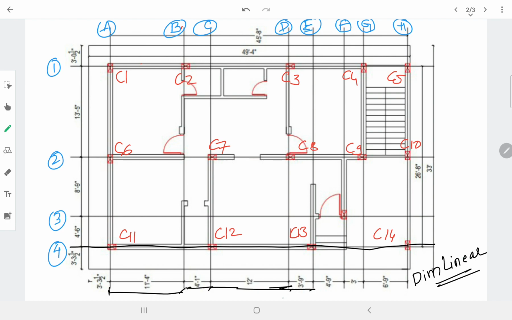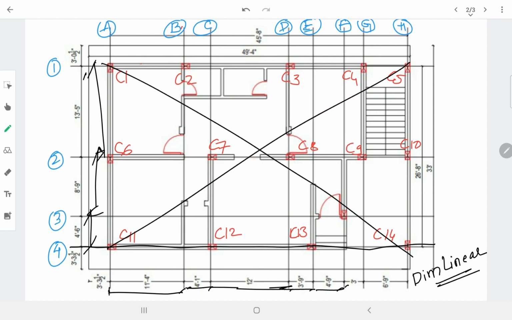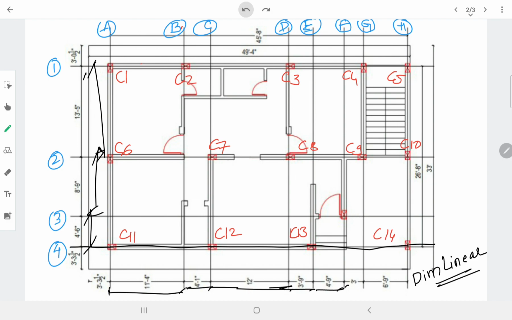Easily you can find out the distance of the center lines in vertical and horizontal directions. You can cross check whether it is completed or not, and easily find out the rotated column.